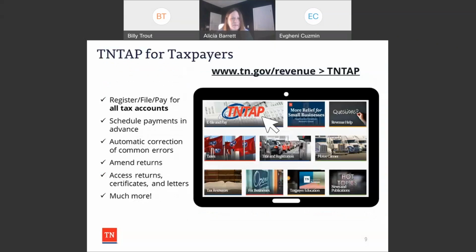And TENTAP is the Tennessee Taxpayer Access Point. And it is our electronic system that allows you to register for new accounts, file, pay, and maintain your accounts. And so it's going to allow you to schedule payments in advance. So for example, you're going on vacation, you can go ahead and file the return and schedule the payment to come out on the 20th,